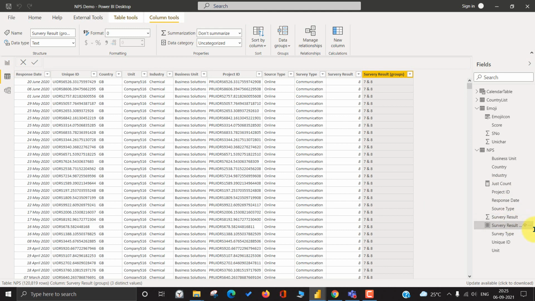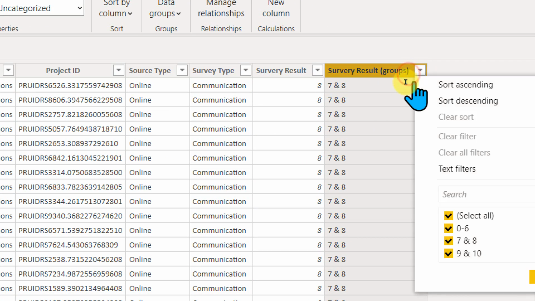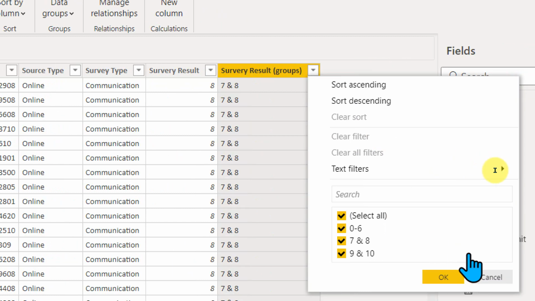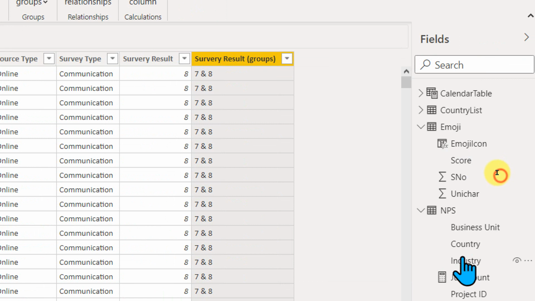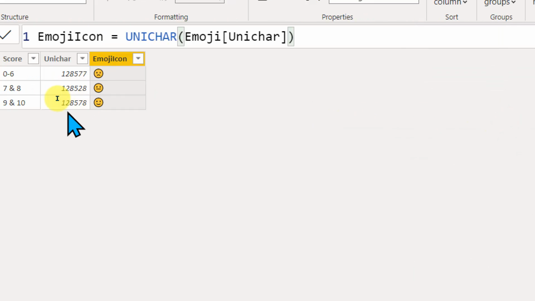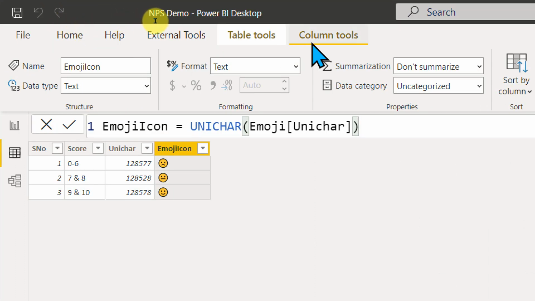So selecting this column, now you have this result, right? Let me zoom this one. So survey result group. If I click on here, I have only three data: 0 to 6, 7 and 8, 9 and 10. Cool. So this is the column which we need to use for emojis relationship. Here also we have the same 0 to 6, 7 and 8, 9 and 10. Now let's go to